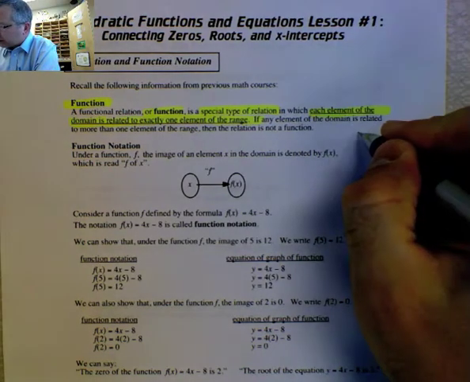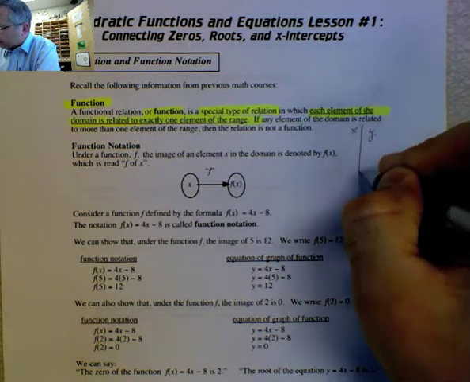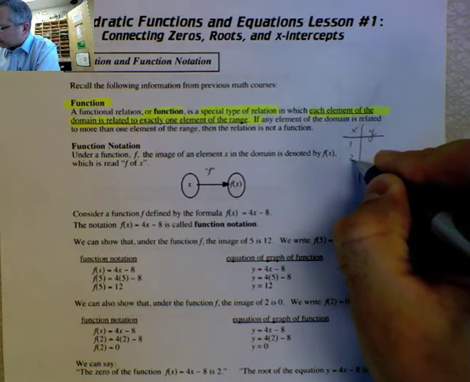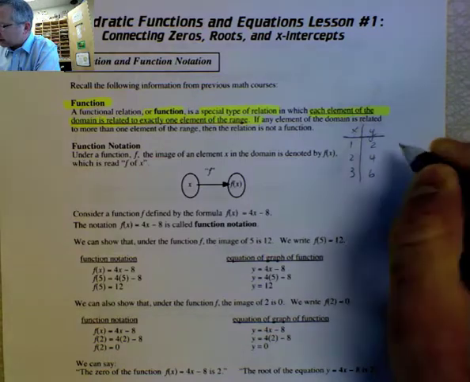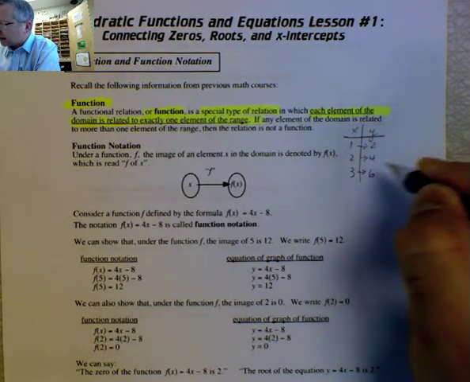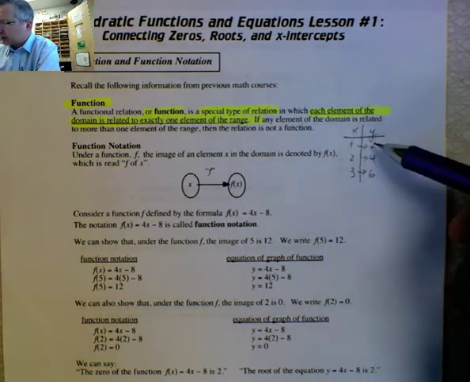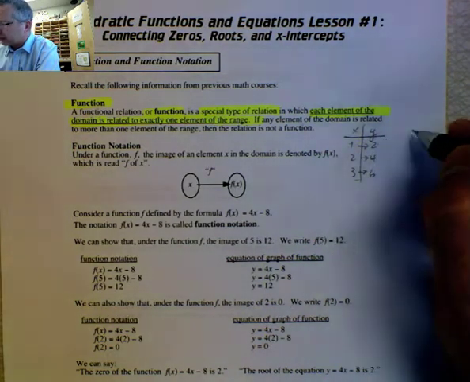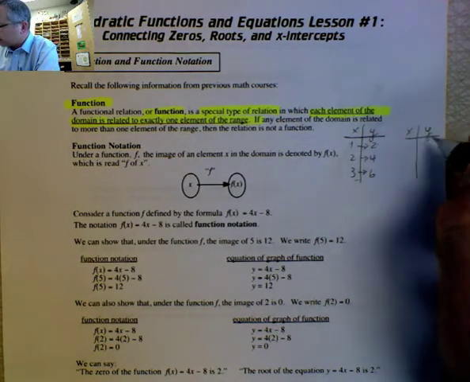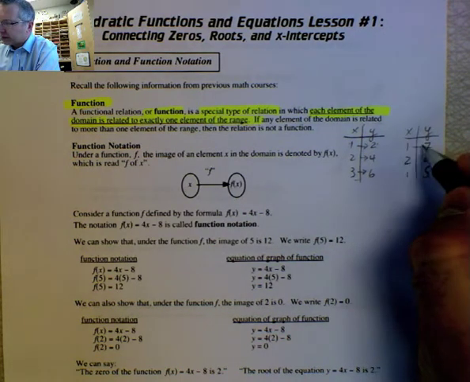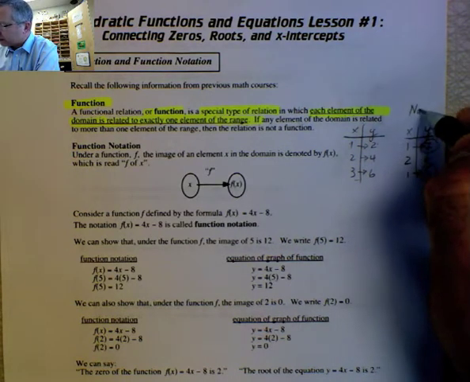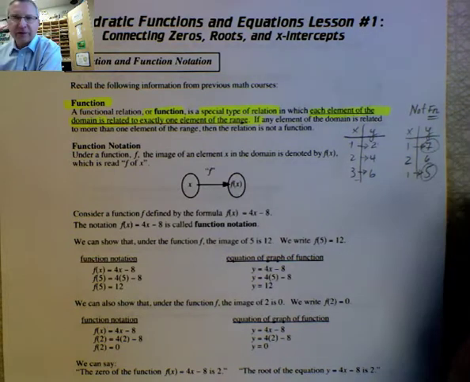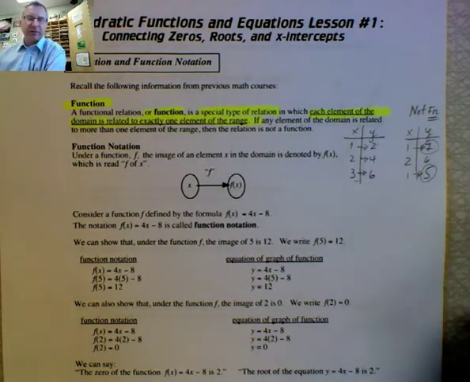So if we took something like x and y and we made a column, and we had 1, 2, 3, and we had y values of 2, 4, 6. This particular situation is a function because each x value has only one y value. If we make a second table, you'll notice here that the x value of 1 is associated with two different y values. So this is not a function, and I abbreviate function as fn, so if you ever see me write fn,